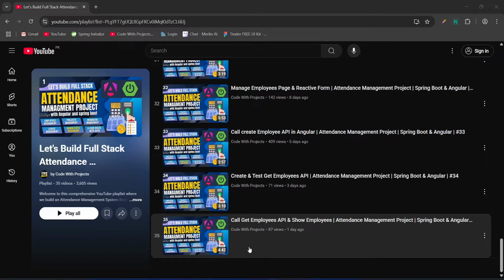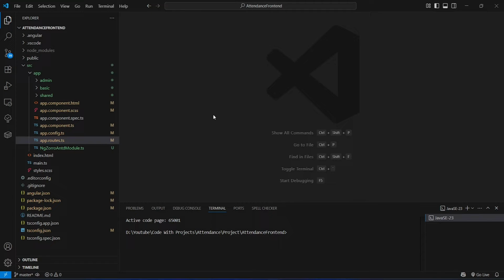In the previous video, we called the getEmployees API and displayed employees data in our Angular application. In today's video, we will create employee and manager modules with routing in our Angular application. So let's get started. We need to create both of these modules in the app folder, and to do